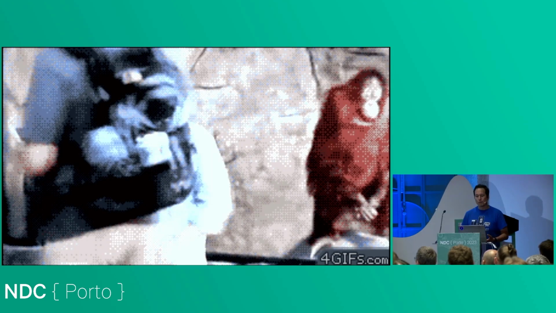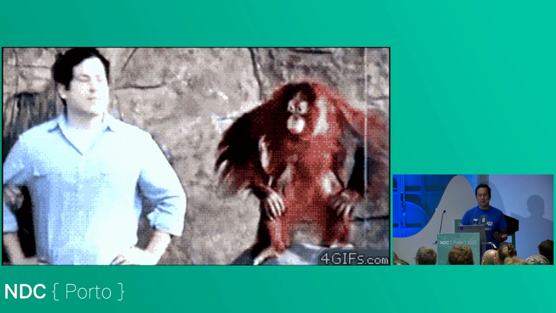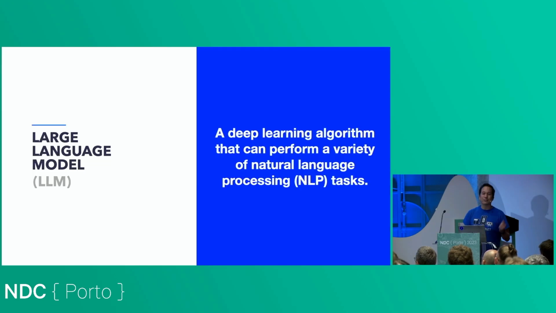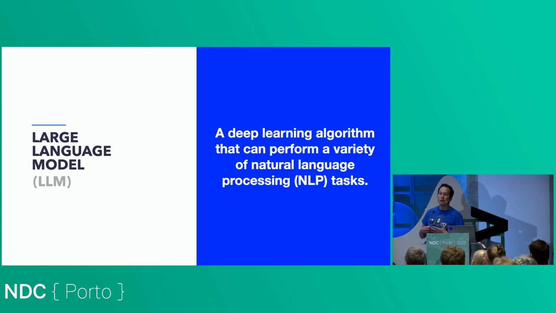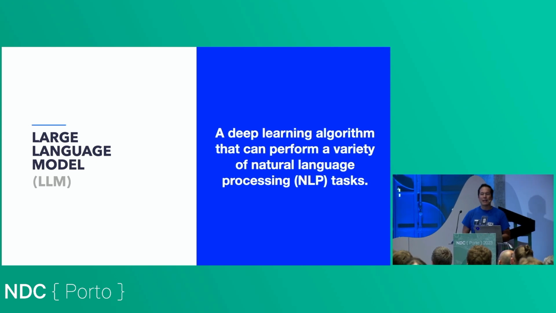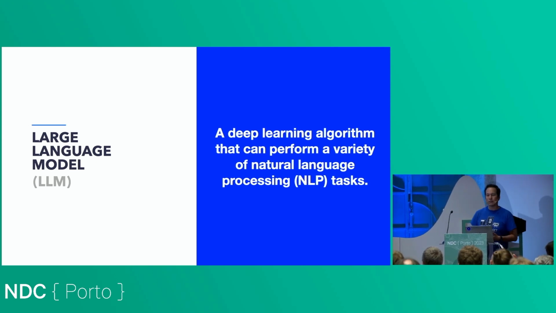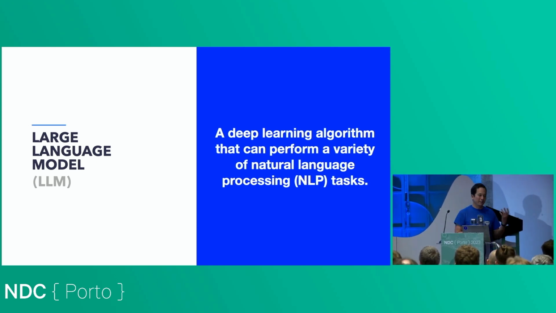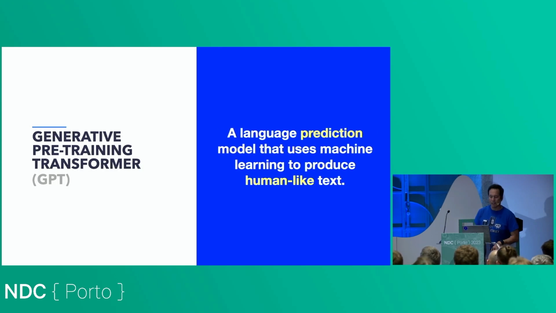For this talk, I'm going to focus on LLMs. So yet another TLA. LLMs, or large language model, is a deep learning algorithm that can perform a wide variety of natural language processing tasks. And there are many of these out there now, like Claude and probably some others I'm forgetting. But in particular, I'm going to be covering GPT by OpenAI. And I don't have any kind of special relationship with OpenAI. It's just the one I've been using lately.